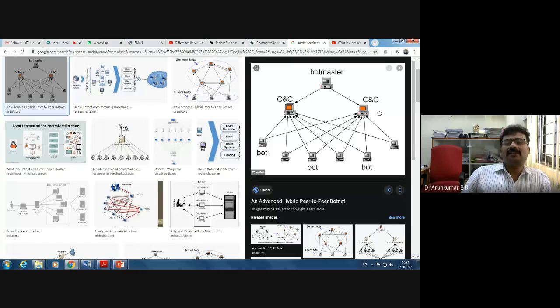Thinking of all the factors of cybersecurity and other factors of the network, we have to calculate the bandwidth, which is a challenging project. So students who are interested in that, we can take and we can have a separate discussion in depth for that purpose. So that's one of the innovative projects that you can take up. So this is the architecture of the botnet.